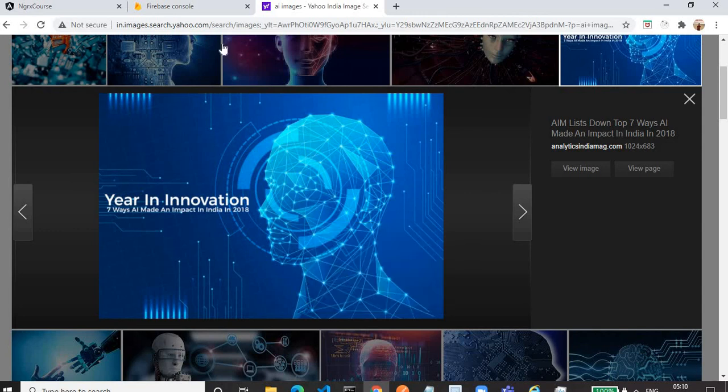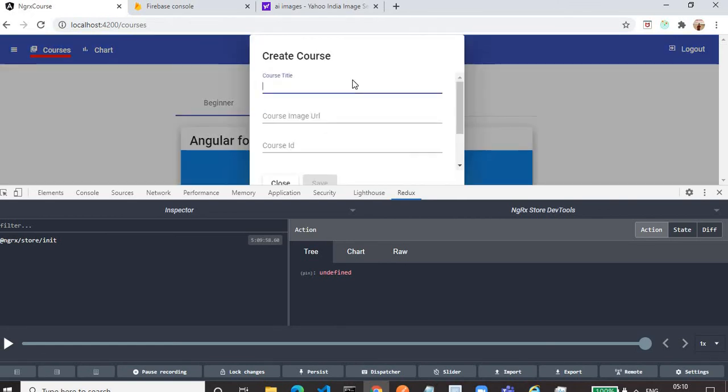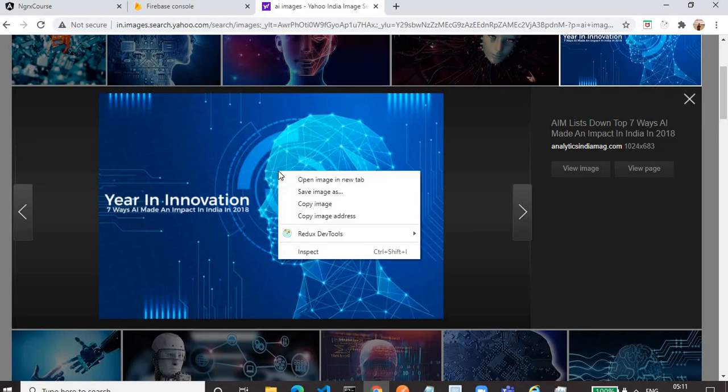Let's copy the image address. Let's create a new course. I will give the title as AI beginner course. Image URL that we have copied. So let me copy again.